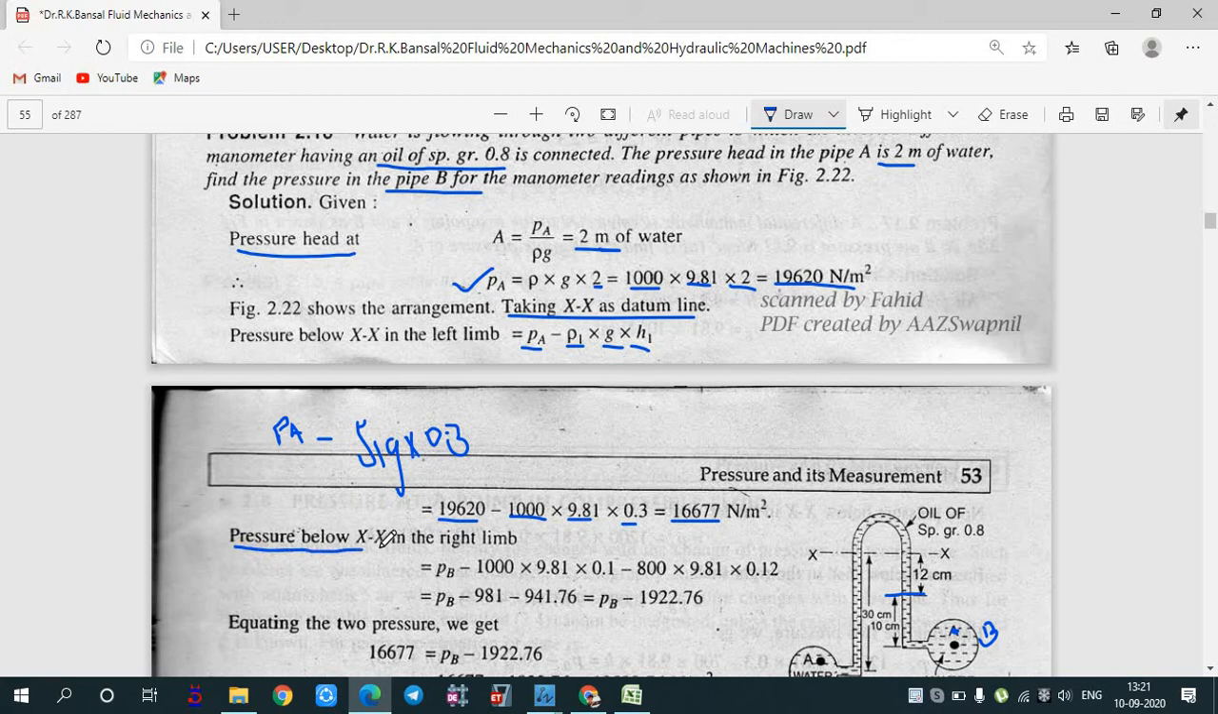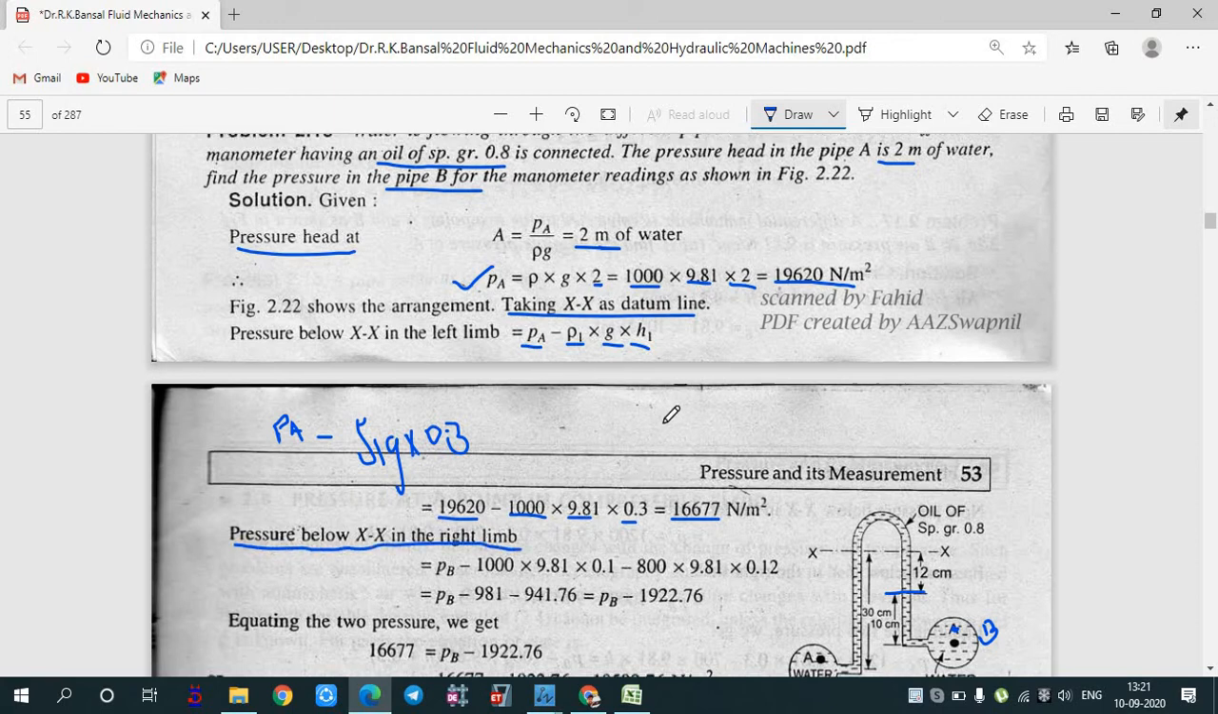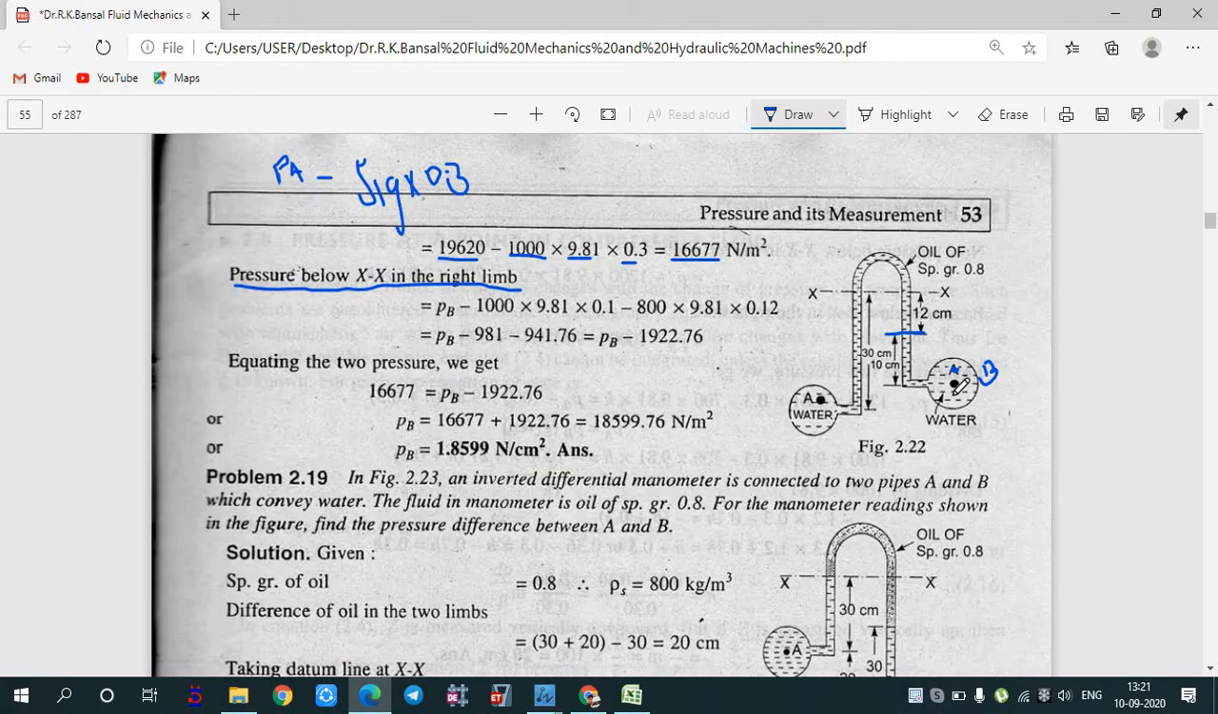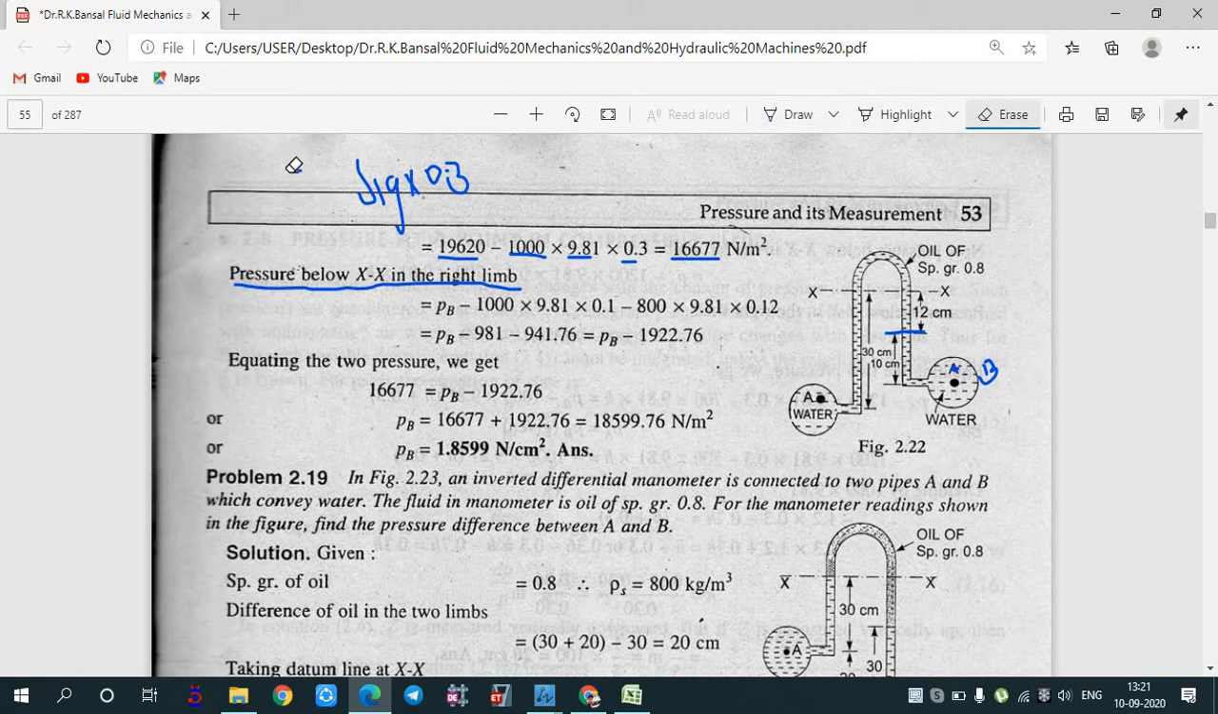Now the pressure below XX in the right limb we will calculate. In the right limb we have two liquids. We are having water as well as oil. So we'll try to calculate that also, okay. We need to calculate the pressure at this point. So this will be pressure at B, okay. After that, the liquid is going upward. The liquid is water, so this will be